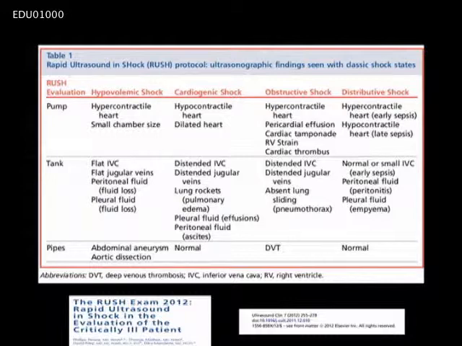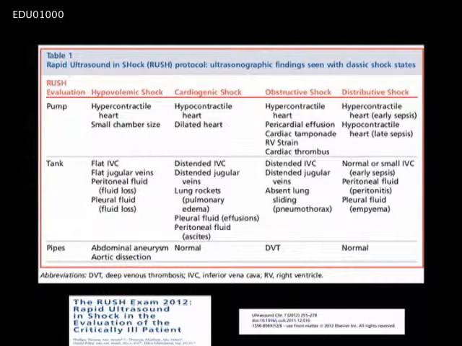On assessment of the tank and the different types of obstructive shock, we generally will see a distended and large inferior vena cava and internal jugular veins with little respiratory collapse. And in the presence of a tension pneumothorax, we can see absent lung sliding and absent vertical comet tail artifacts, requiring emergent decompression. In the last category of shock, distributive, of which sepsis will be the main cause, on evaluation